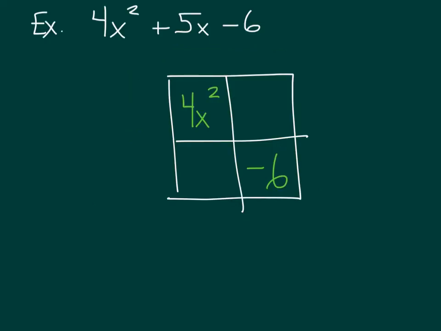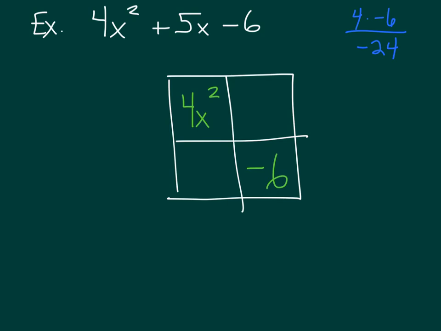All right, next example, 4x squared plus 5x minus 6. So I did the first 2 steps, drew the box, put the 4x squared in the top left, the negative 6 in the bottom right. Now I'm going to multiply the 4 times the negative 6. 4 times negative 6 is a negative 24. So now I need to list the factors of 24. And again, realizing